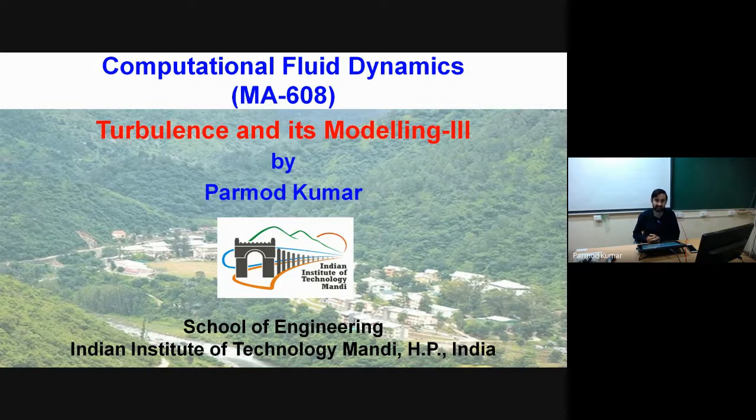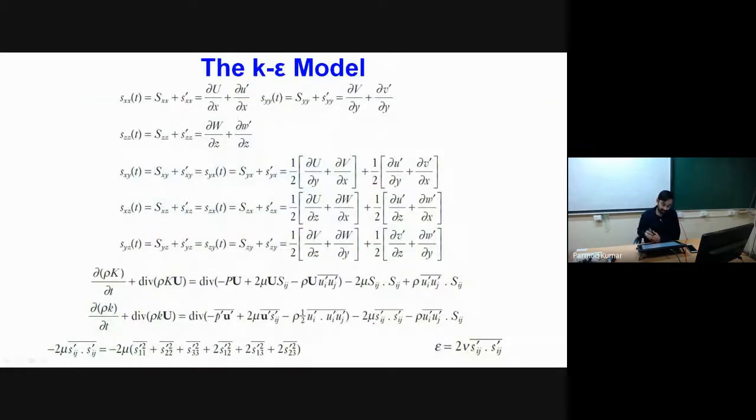That mixing length model is nothing but a one equation model and works well for free turbulent flows. However, in case of wall bounded turbulent flows, there are some errors associated with the mixing length model, so we have to go with some improved turbulence models. The next model is the K epsilon model. Here K refers to our turbulent kinetic energy, and epsilon is our rate of dissipation of turbulent kinetic energy. Based on these two parameters, we have a number of models available.